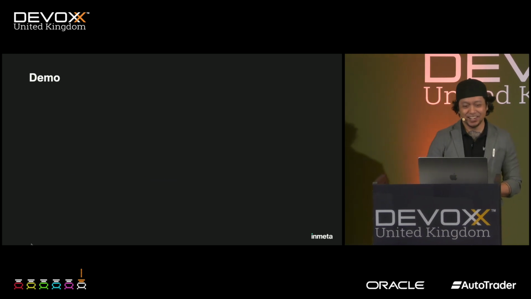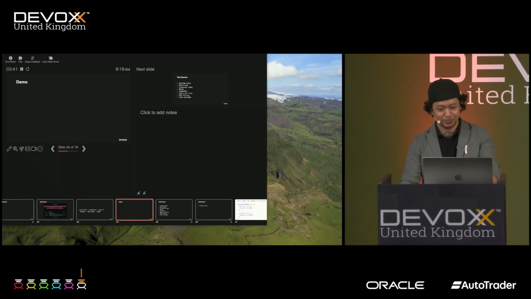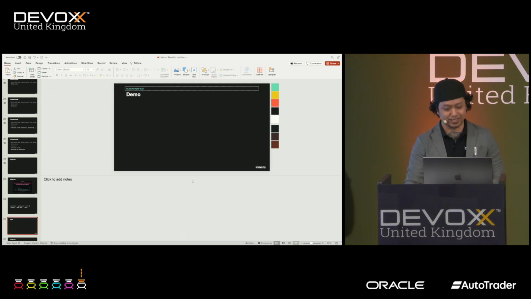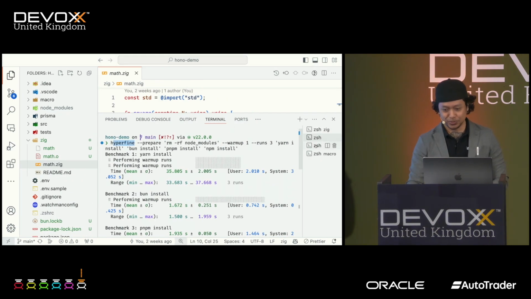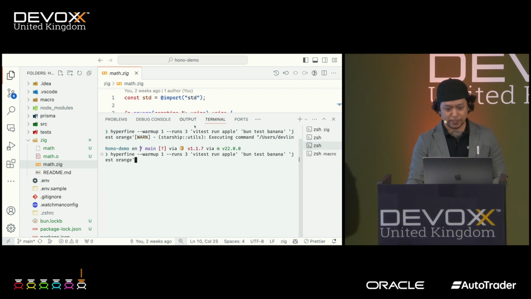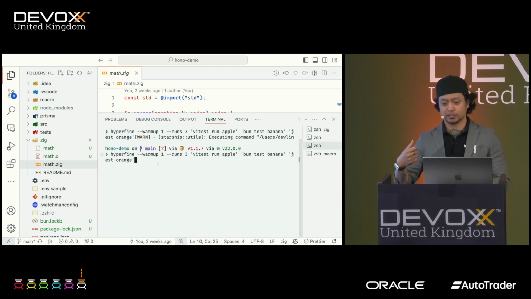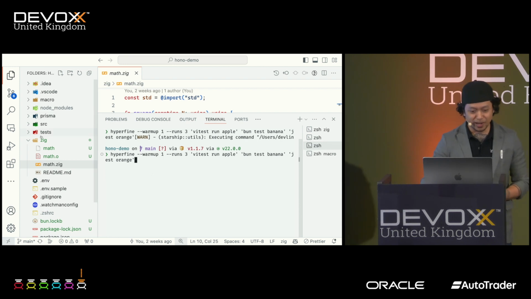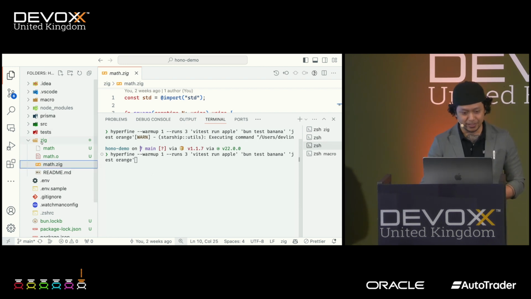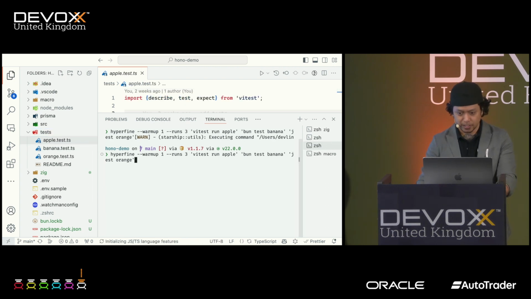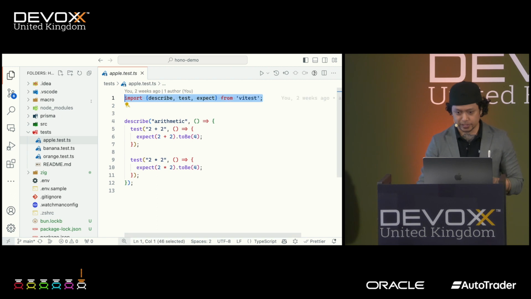Okay, so demo. Let's move to the demo again and see for ourselves if this is true. So this is the command. I'm going to use vitest run for apple, bun test for banana, and Jest for orange. And I'm going to show you why I'm naming them after fruits. Here's the test. When you're using Vitest, you need to import it and then use describe, test, and expect.